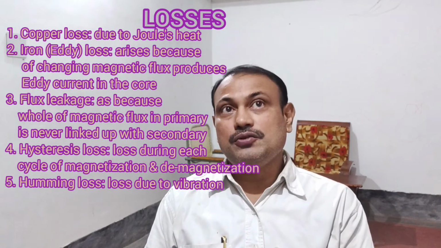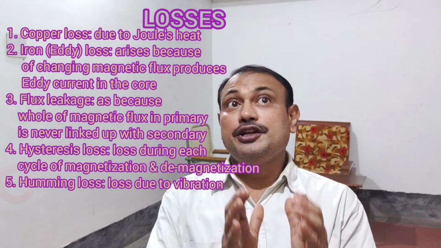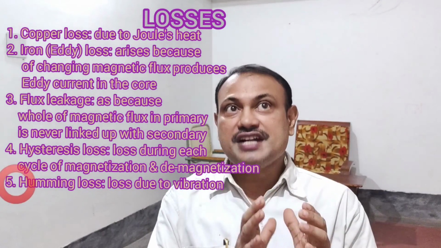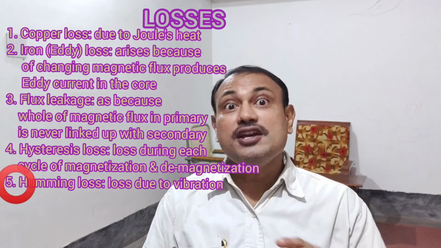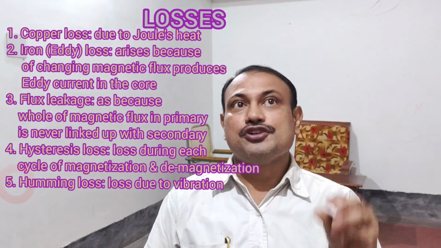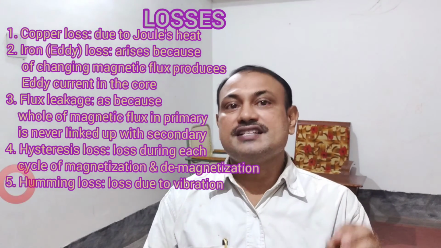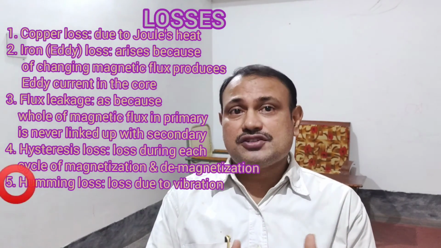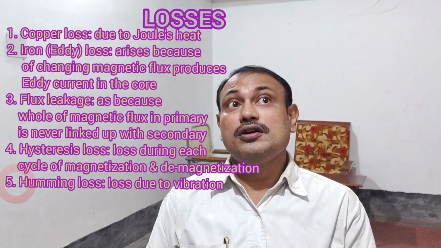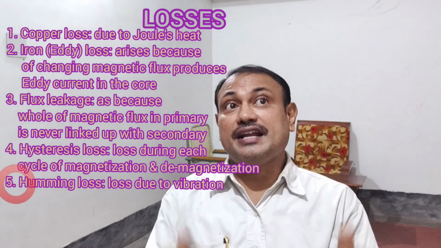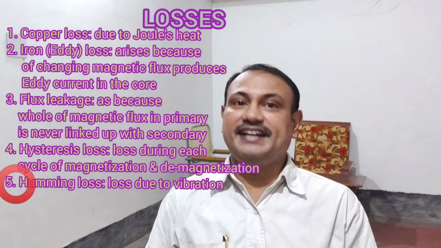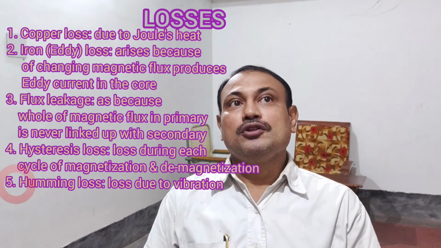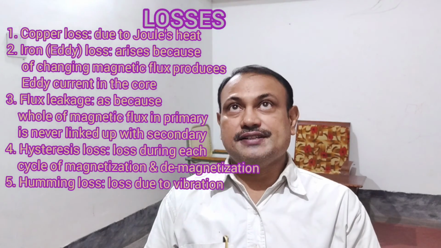The last one we will discuss is humming loss. Here, due to passage of AC current through the iron core of the transformer, it starts vibrating, and that produces a humming sound, and hence some loss of energy is done as humming loss in the form of sound. Natural cooling by air convection is one such way where humming loss is also reduced, but in practice these transformers are immersed in a mineral oil tank, and for very big transformers, oil is circulated through pump house circulations.